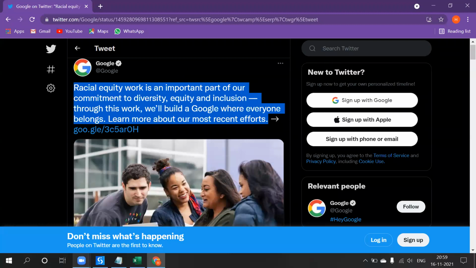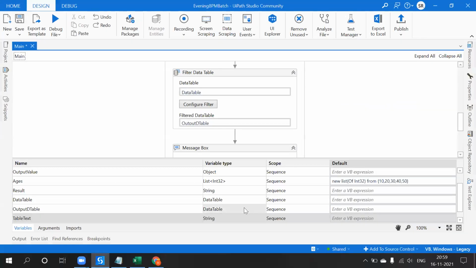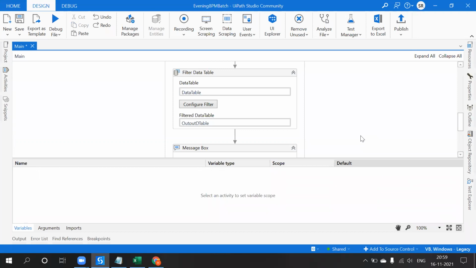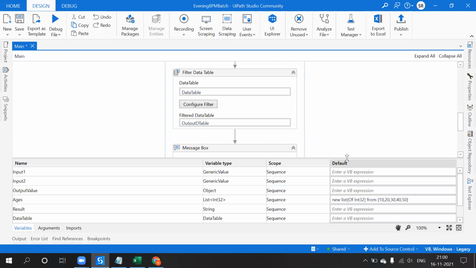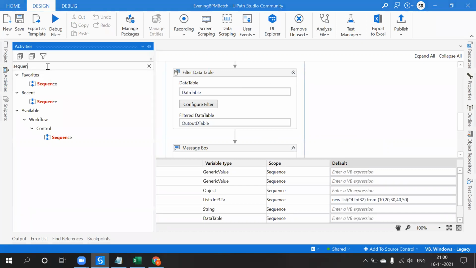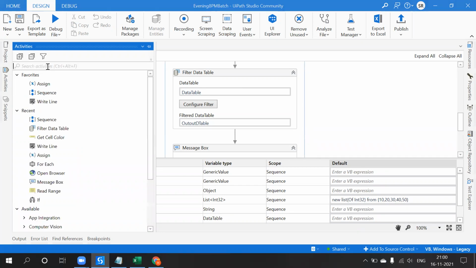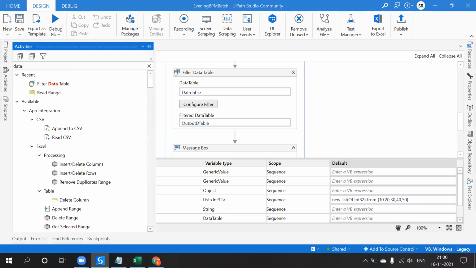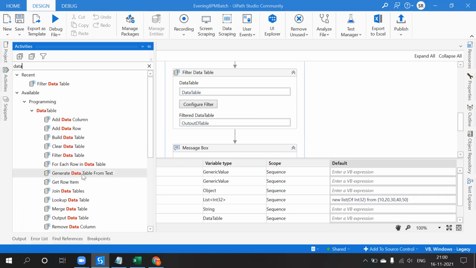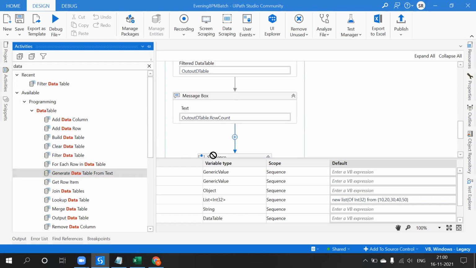Whatever the text might be, this is the text. So here what I have used is generate data table from text.